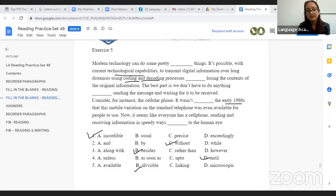So these are the answers. The first one is incredible thing. Second is without losing any